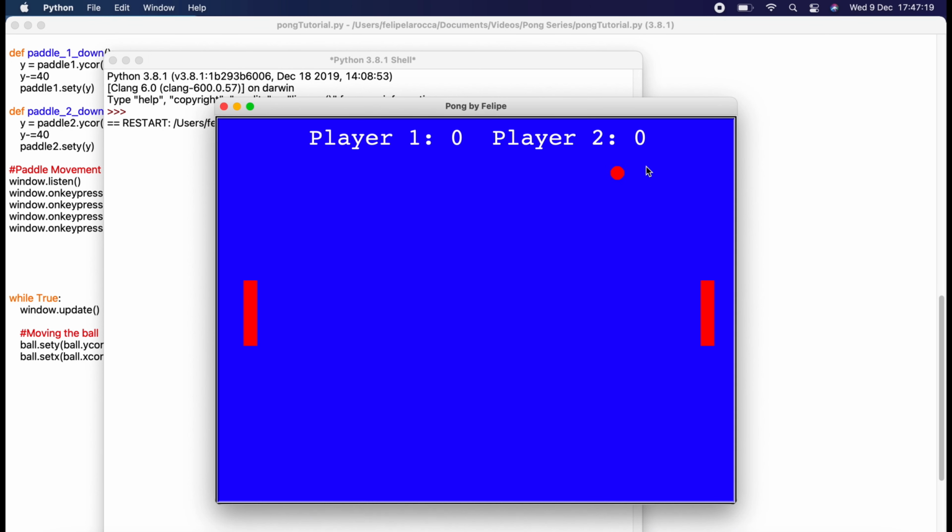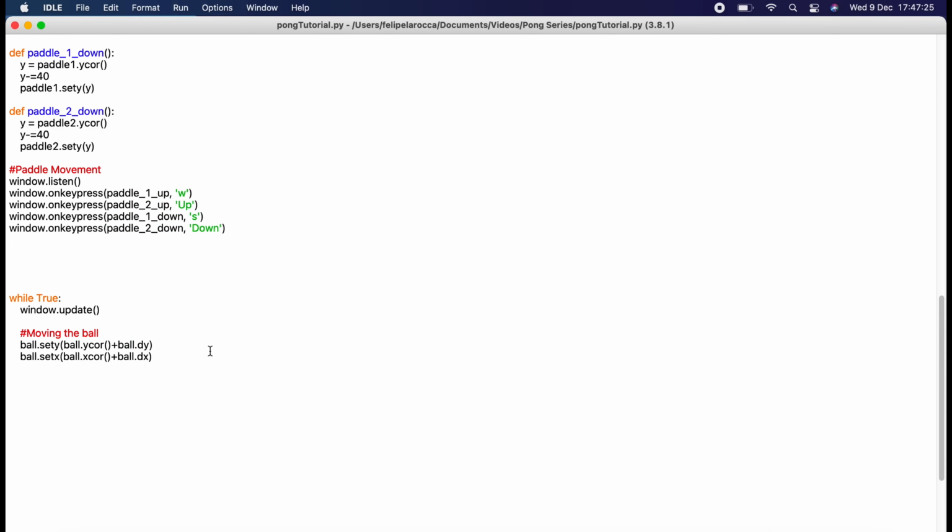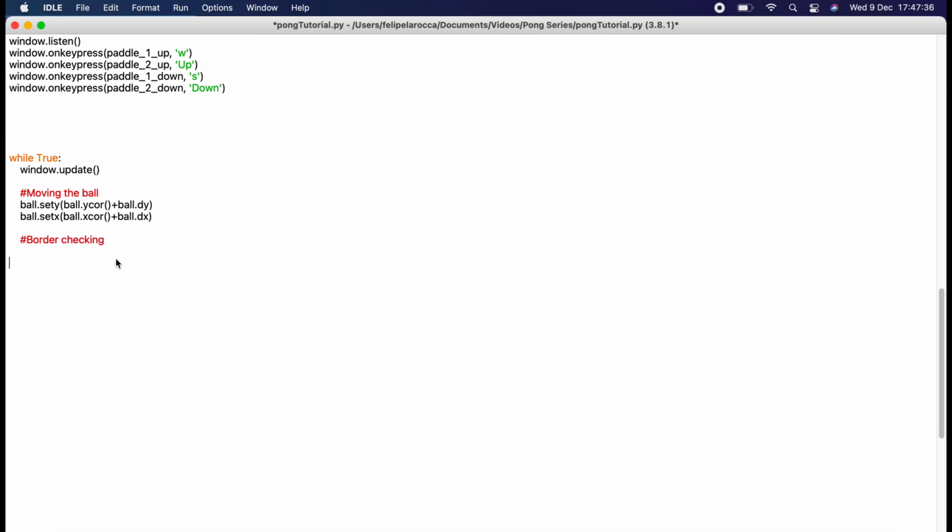And yeah, the ball starts floating, and it just goes off the screen because we haven't done any barrier collisions, right? Which we'll do now, actually. We want to do border checking. For border checking, remember to have this indented. We want to get the ball coordinates again: if ball.ycor is more than 290, we want to ball.sety to 290,